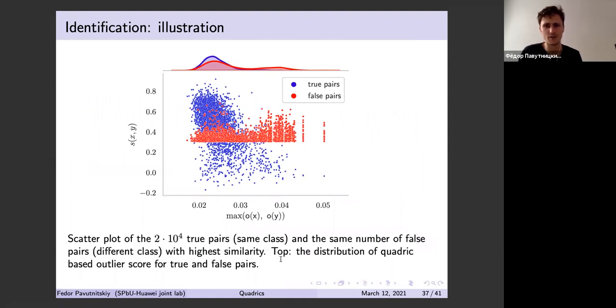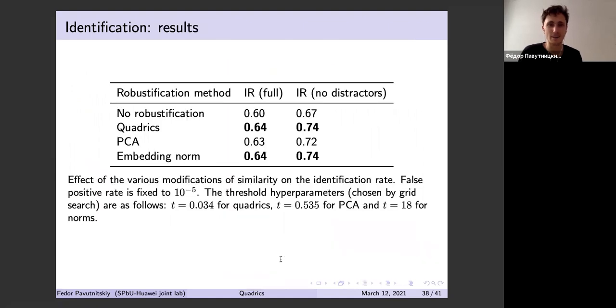I will also skip this. It will take more time to explain. That's the matter. Yeah, this is a result of identification rate experiments,